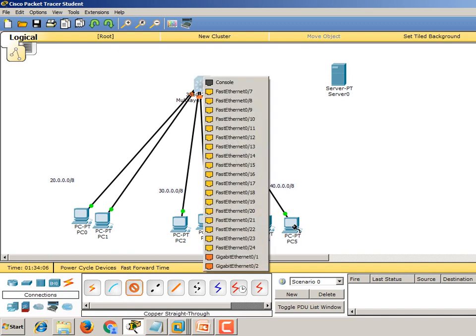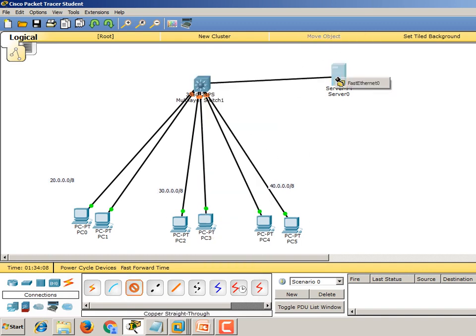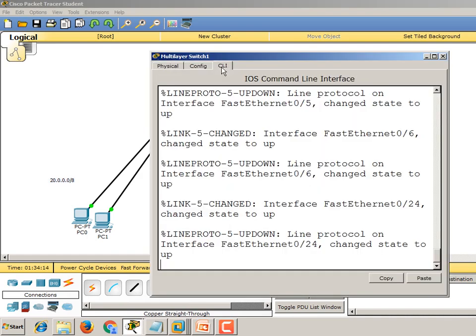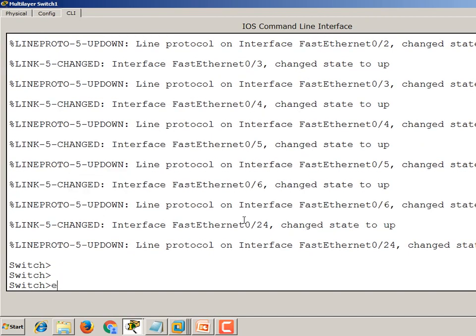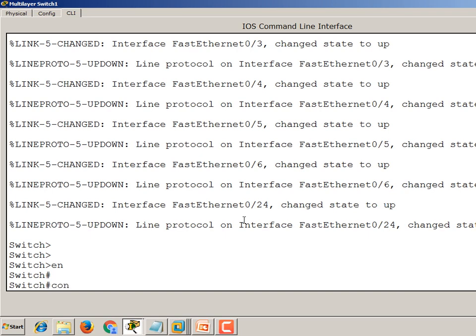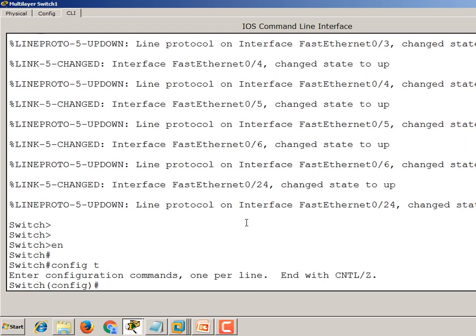So the last 24th port I am going to connect for the server. So first I am going to open the switch and go to configuration mode.